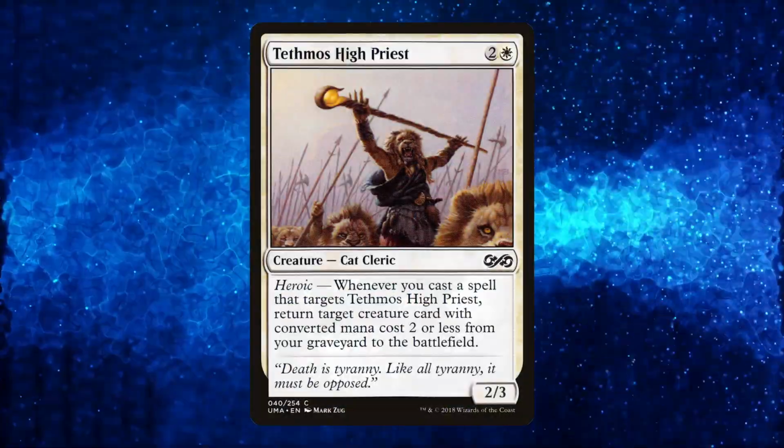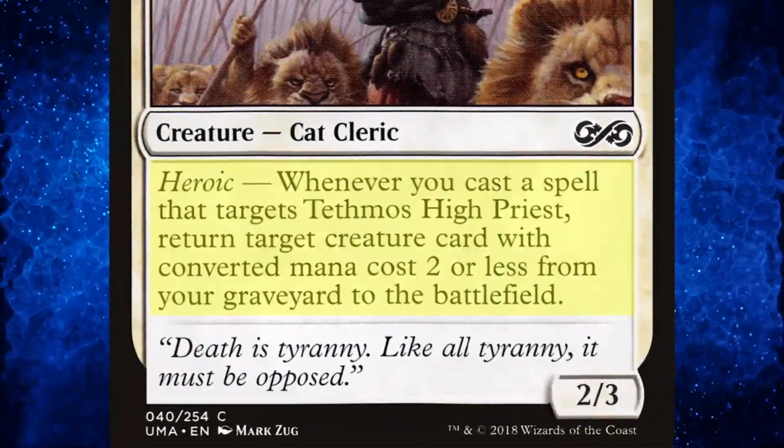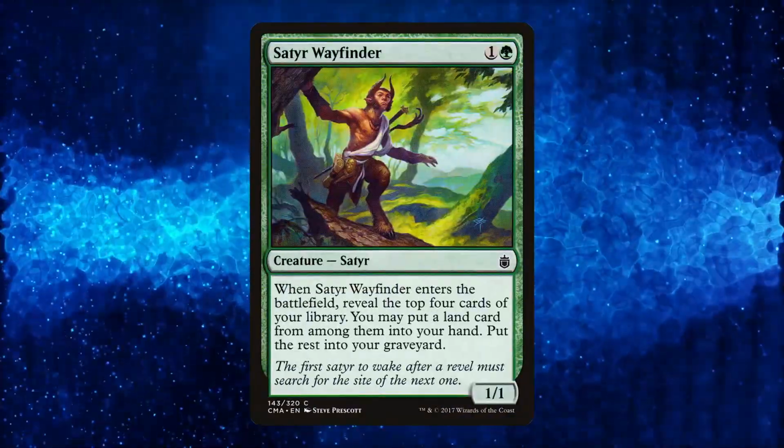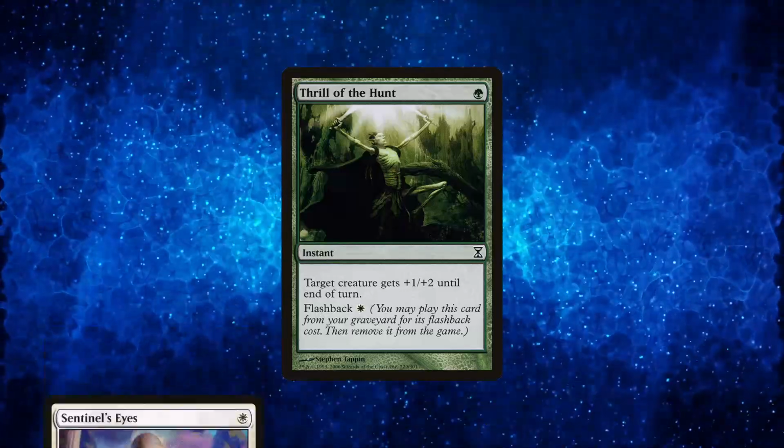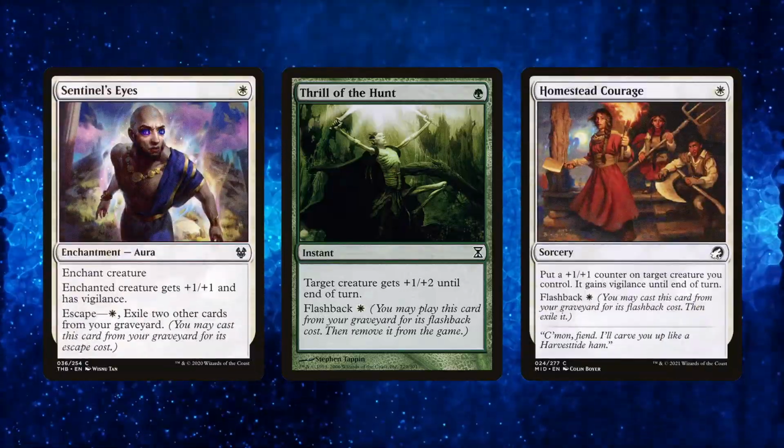Reanimating multiple creatures is exactly what Tethmos, High Priest does with his heroic ability, and other Pauper cards like Sighted Wayfinder are perfect to set up this combo. From there, you can use Thrill of the Hunt, Sentinel's Eyes, and Homestead Courage from your hand or your graveyard